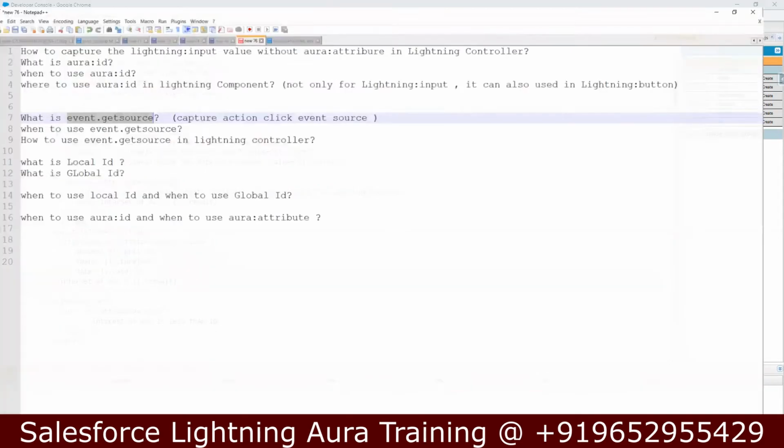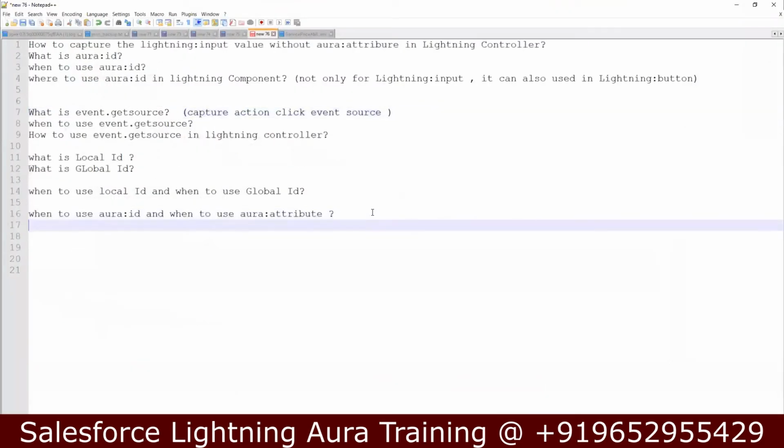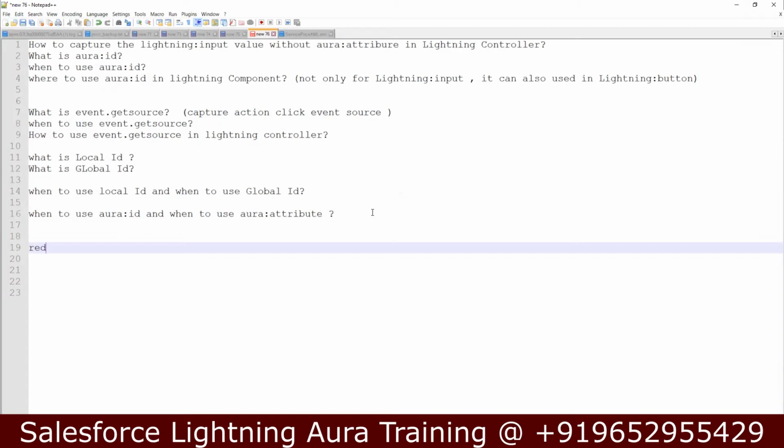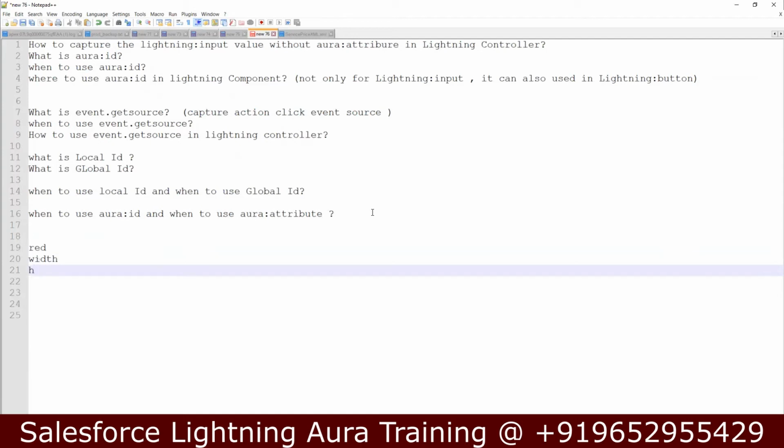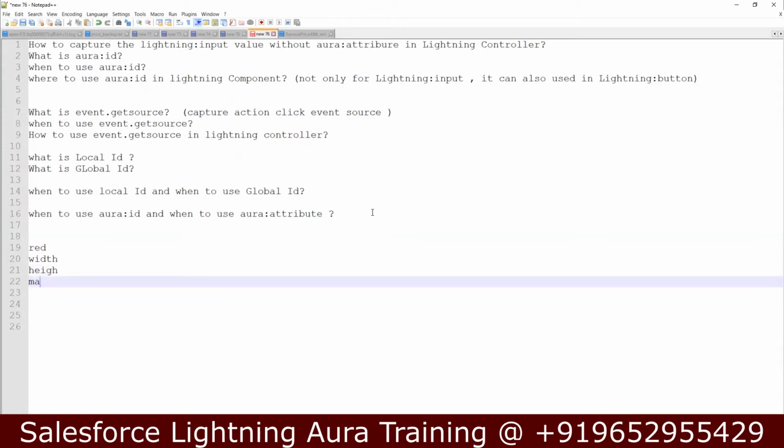My requirement is that whatever the Lightning card is there has to be outlined with a red solid line, and it has to have some width, some height, and a margin. Okay, so all of these within one design system is not possible. So when I say margin,